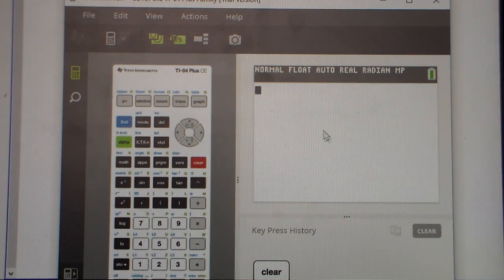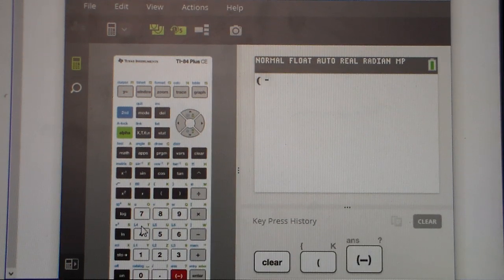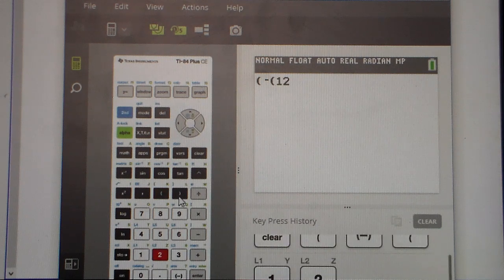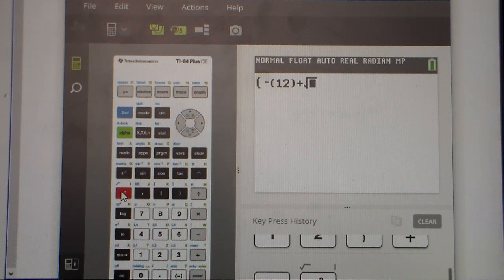This is my screen. Nice and big. So what we're going to do, we're going to do open parentheses, because we're going to do the whole entire numerator. And then I'm going to do minus open parentheses, then put my 12 in. I'm going to first do the plus sign first, and then for the second one we're going to do the minus sign. So plus sign, second square root, parentheses 12